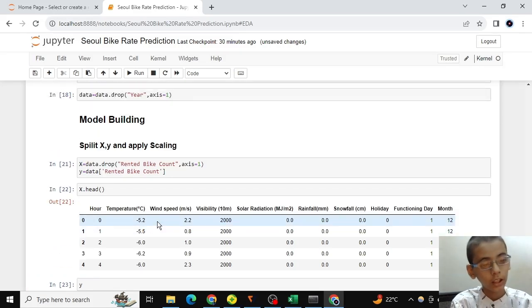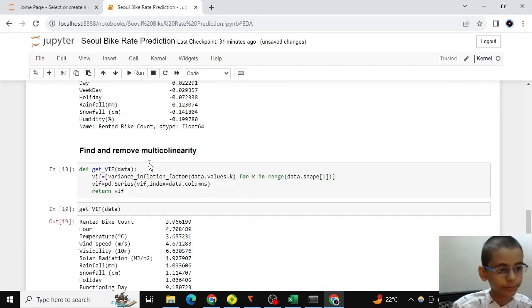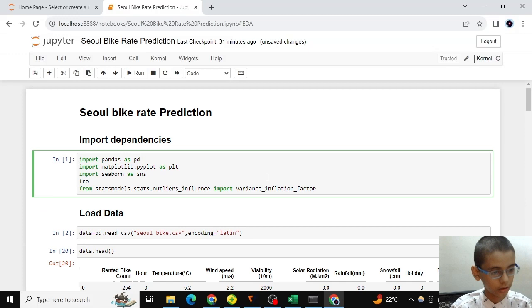Okay guys, we have dropped our rented bike count column, extracted it separately, and after that we have to apply standard scaler. So for that we have to import it from here.